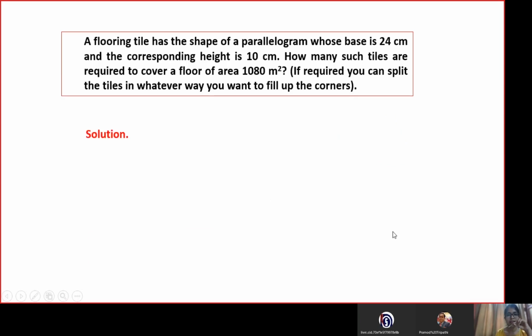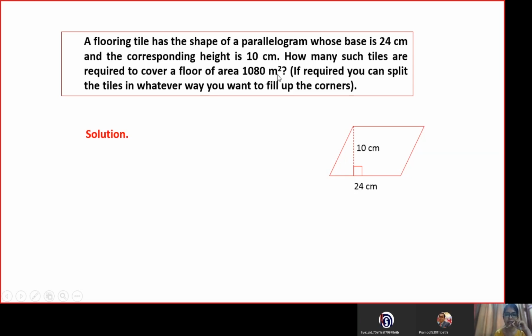we have another question which deals with a parallelogram. We all know the area of a parallelogram, right? It is base multiplied by the height. Now this question says a flooring tile. So now you can see the real life use of these types of questions, or these types of chapters of maths. A flooring tile is in the shape of a parallelogram whose base is 24 centimeters and the height is 10 centimeters. How many such tiles are required to cover a floor of area